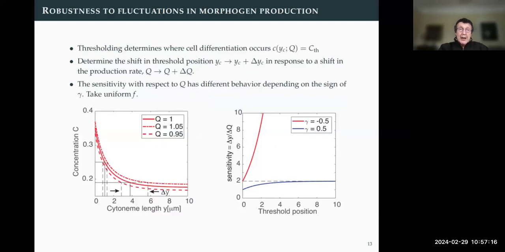And what we discovered, so we looked at robustness in terms of, suppose I perturb the rate at which morphogen are produced in the source cell, how robust is the positional information of the morphogen gradient? And what we discovered was that if one had a dominant retrograde transport, that was more robust. So it looks like, at least within the context of this simplified model, there's a sort of competition between having greater robustness and being less energy efficient by having dominant retrograde transport. So that was a kind of prediction of the model. It hasn't been tested, but this is the sort of thing that came out of this simplified conceptual model.